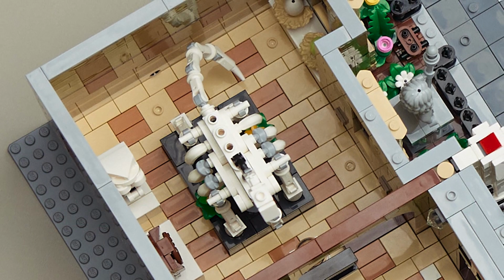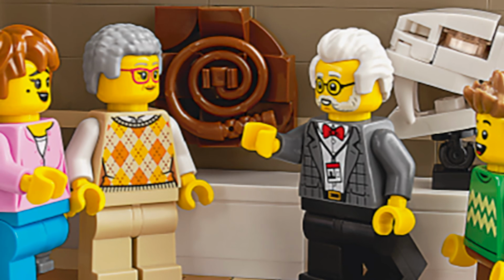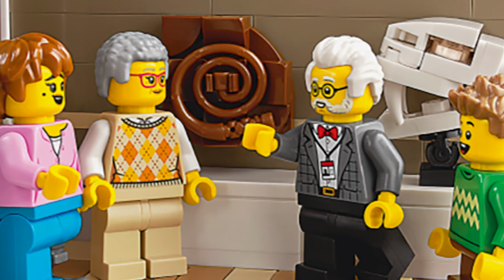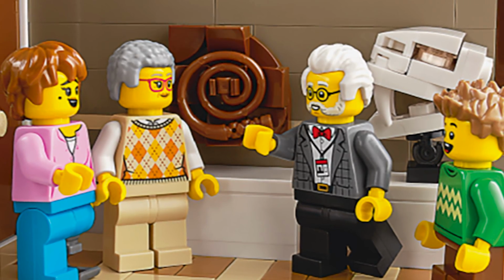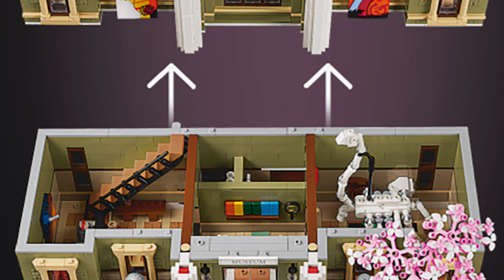A couple of eggs there in the windowsill, as well as, you can see from the back of the box, the museum owner showing off some of the different fossils, as well as a saber-toothed tiger skull there as well. But making your way up to the next floor here, we've got a couple of different